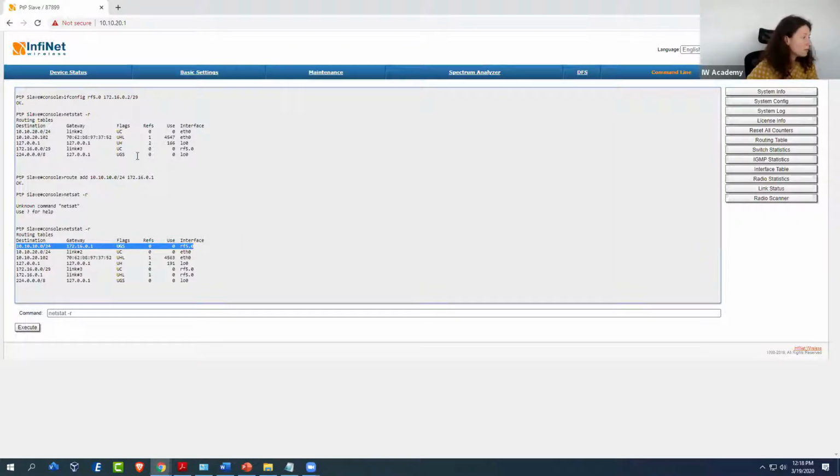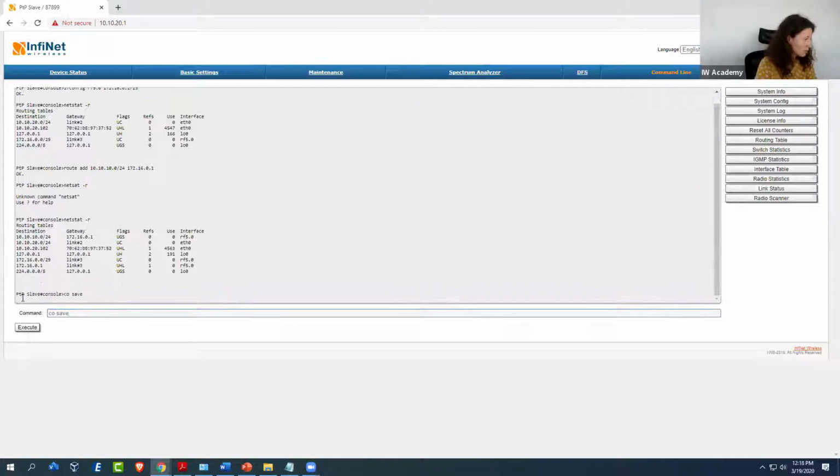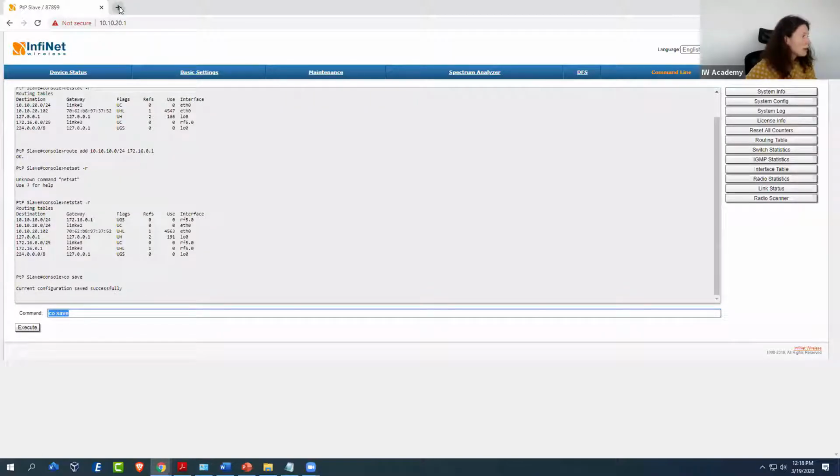We just have to add IP addresses and a default route towards the connected network on the other side. I will just save the configuration. Now let's switch to the configuration of the master unit.